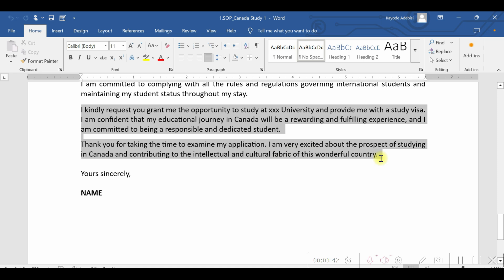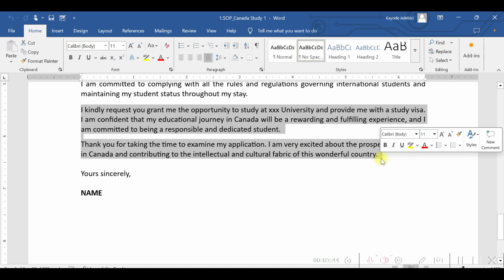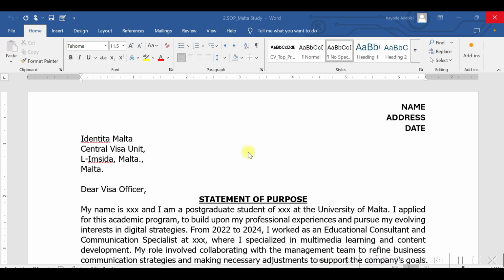So remember, at every beginning of an SOP, yes, there's an introduction, and lastly there will be a conclusion, and this is the conclusion. This second SOP was used for a Malta study application. I don't know if many of you know Malta is a Schengen country in the European Union, and it's also quite a good destination for people that are seeking to study. I also processed that. I've had success stories of how I processed Malta study visas. This particular applicant is also in Malta right now.